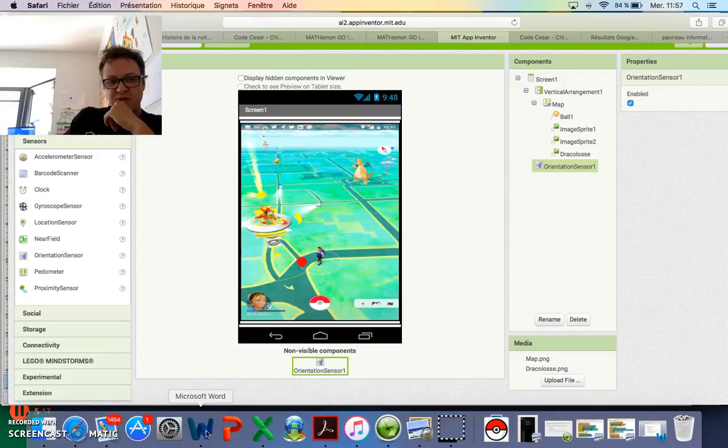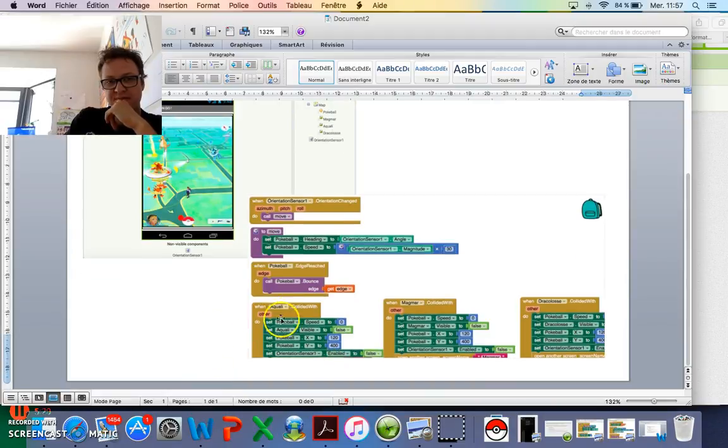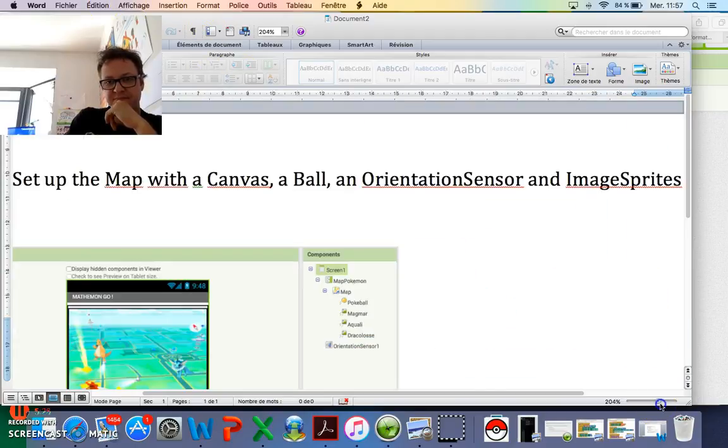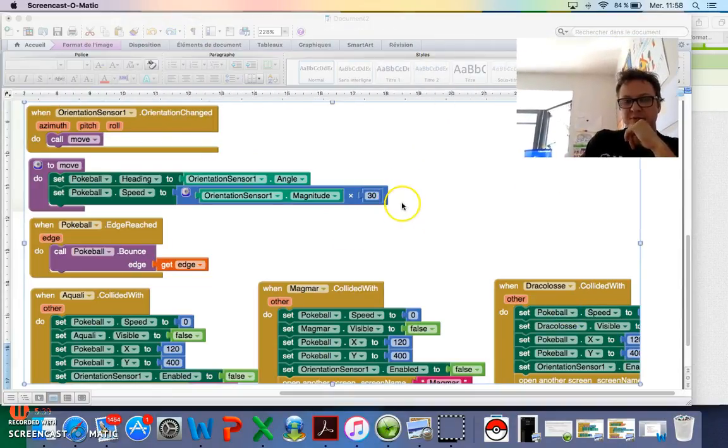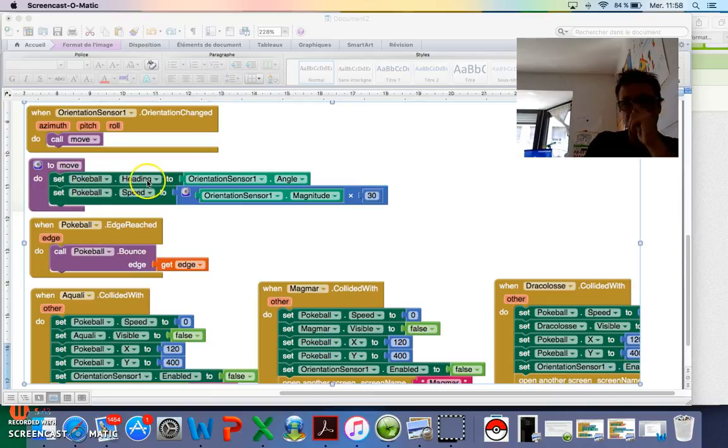Let me show you the program. Okay, first we are going to write all this stuff. So this is the block for the orientation sensor, and this is a procedure to move the ball. Okay, so when you move your phone, the ball must move as well.